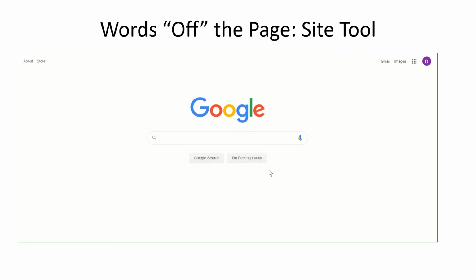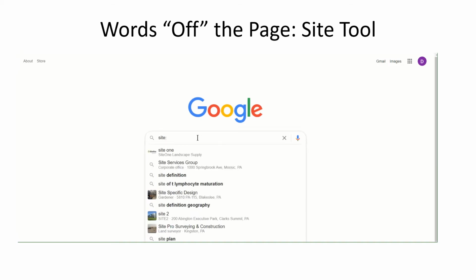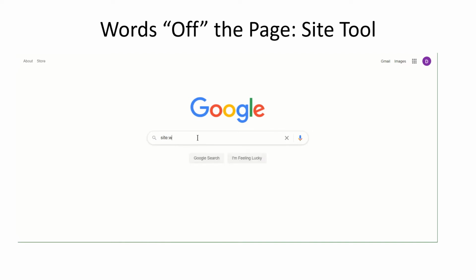Now, let's take a look at our last tool for power users at Google. Keep in mind, this is a Google-only tool. We're going to look at a tool called site. It's S-I-T-E colon, and the very next letter has to touch that colon. So let me start by using the site tool, and I'm going to say